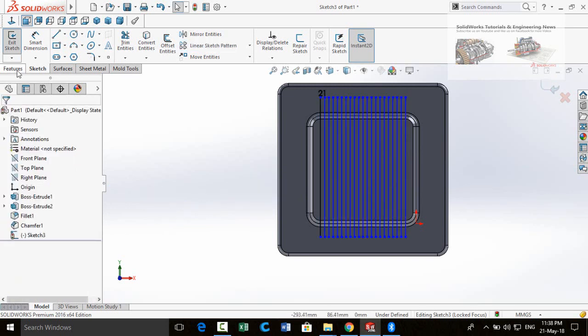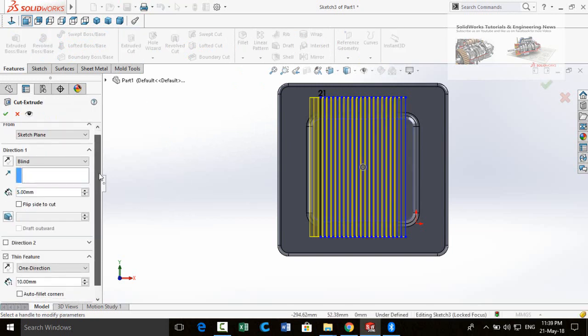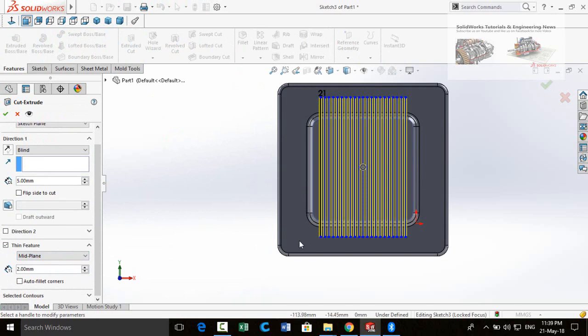Now go to the features tab and apply the extruded cut command. Scroll down and in the thin feature type here 2 millimeter, then drop down these options and from here select mid plane.